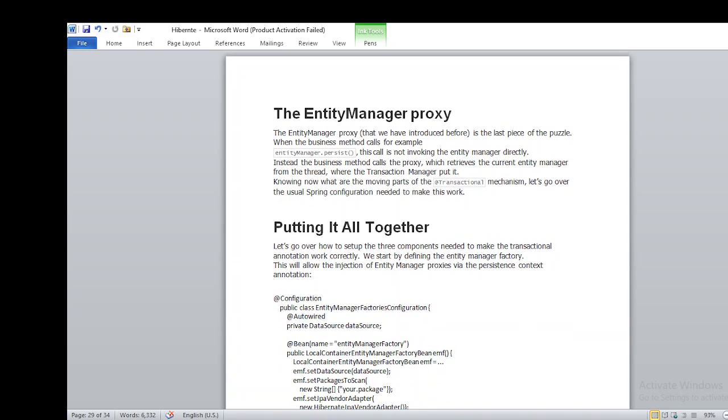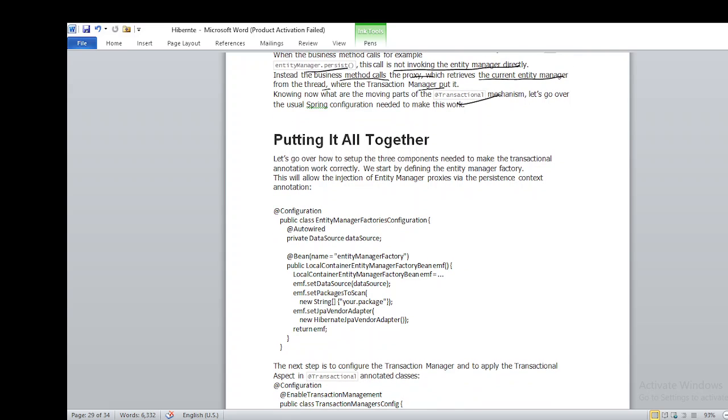So now discuss entity manager proxy. Entity manager proxy is the last piece of the puzzle. So entity manager dot persist will not call the entity manager directly. Instead of the business method, it calls the proxy, which retrieves the current entity manager from the thread, and then the transaction manager puts that transactional mechanism in place. Putting it all together, if you want to learn, now what we have learned is